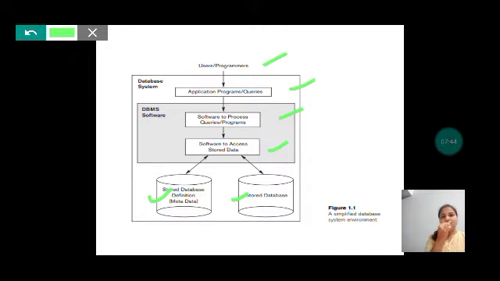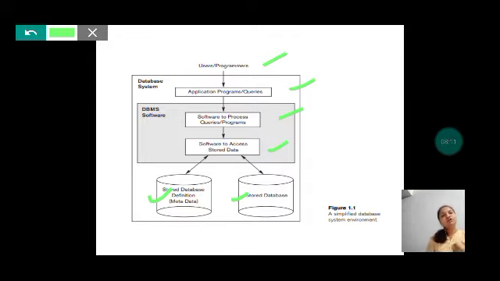Now application programs and queries are there, right? They are whatever I want to access. Suppose I have already stored some photos in my Facebook account and now I want to access them. How do I tell the system? I click on photos, and in photos we have many options like uploads, shared photos, all those things.